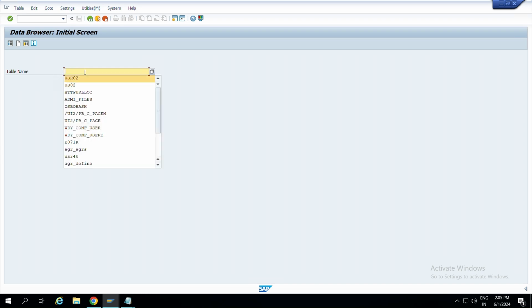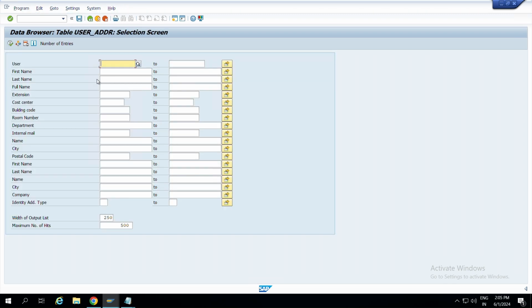And the next table would be USER_ADDR. So here you can get the user's first name, last name, department. Whenever you get any scenario where you want to fetch the users according to their department, like there are ST users and I want to fetch all the ST users, you can put this department here and you can fetch the data.